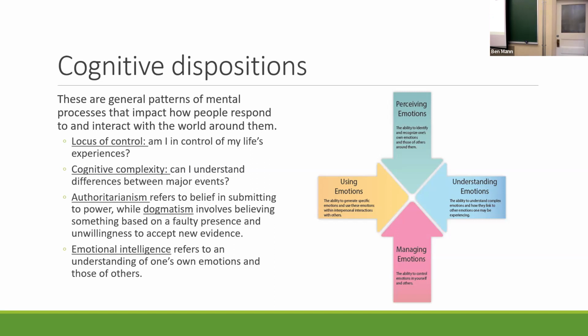Emotional intelligence means that you understand your own emotions and those of other people, and that you have a vocabulary for processing those experiences. So I think the model on the right helps us to make sense of and break down those different parts. So one of them is perceiving. If we think back to last week, we talked about the perception process, right? Attending, organizing, and interpreting. Can we perceive different emotions across cultures and people?